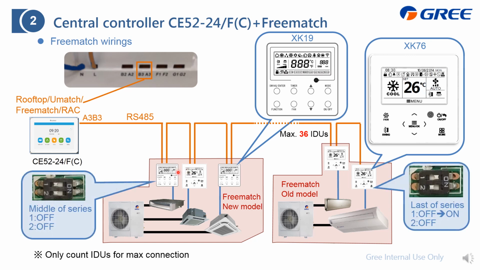Also, if this wire controller is located in the middle, there is no need to turn on the built-in resistor. If it is located at the last, we need to turn on the built-in resistor to ensure the communication. To set it, just change the first switch from the off side to the on side, just like this. And also put the matching resistor, which is 120 ohm, here.